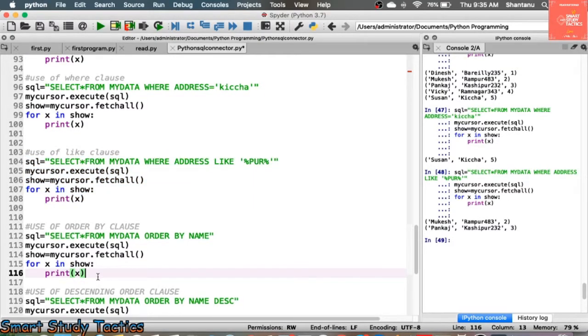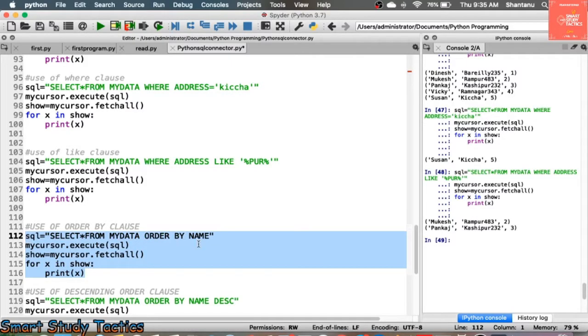So now the next query is the order by clause. You can fetch the details in the name, order by the name. So here you can see DMPVS. So it is going to arrange in name ascending order. If you are not putting DESC here, by default it is going to be made in ascending order. If you want to write ASC, then there is no problem. If you want to write DESC, it will arrange in descending order.